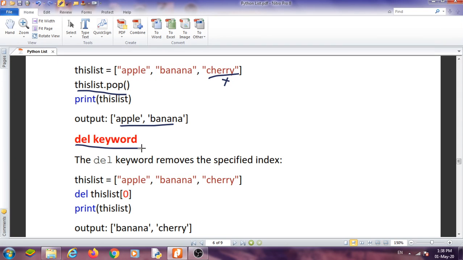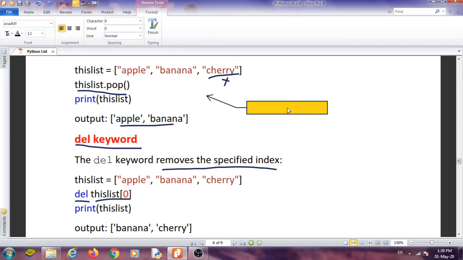And one another is a keyword, the del keyword. The del keyword removes the specified index. It is also used with an index. We are using del this list and 0, which means the element at index 0 will be removed, so apple will be removed. Similarly, we can also use it here. For example, I want to remove, this list dot pop and 1.